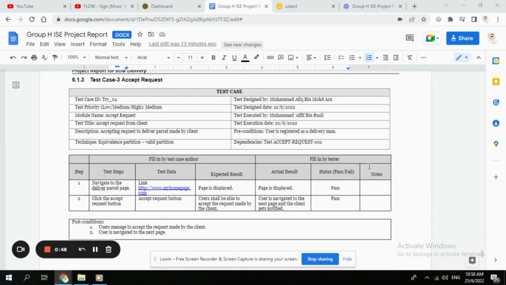So first we will navigate to the deliver parcel page, and the status is pass because the expected result is page is displayed, and the actual result is page is displayed. And when the user, specifically the delivery man, clicks the accept request button, test data, as you can see